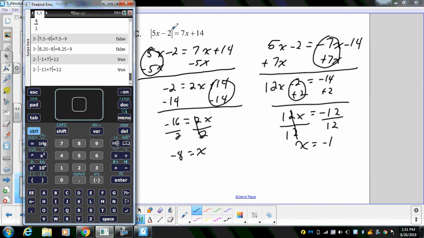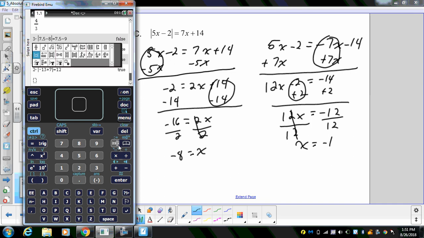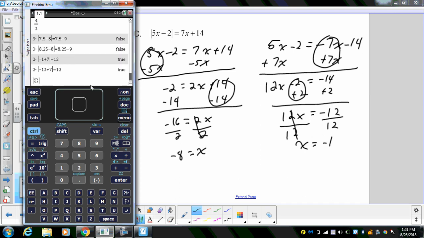Again, I'm going to use the original equation. Again, to make the absolute value, you're hitting the button next to the book, first option on the second row. There we go. And then 5, but instead of the x, I'm going to type a negative 8. But notice a number next to a letter, remember that indicates multiplication. So when you're plugging in, best practice, use parentheses. So I'm going to put the negative 8 there, get out of the parentheses, minus 2,